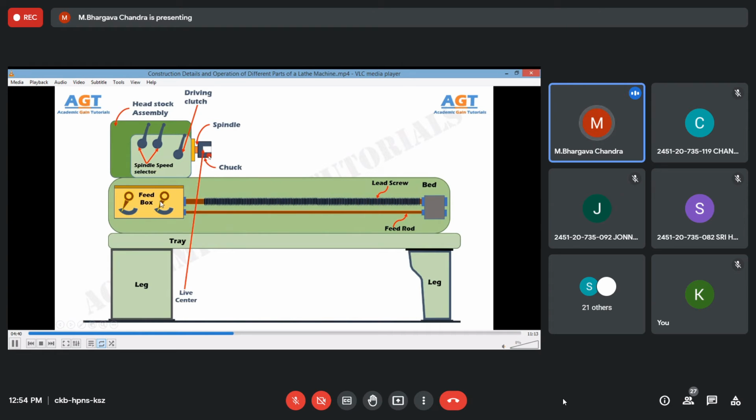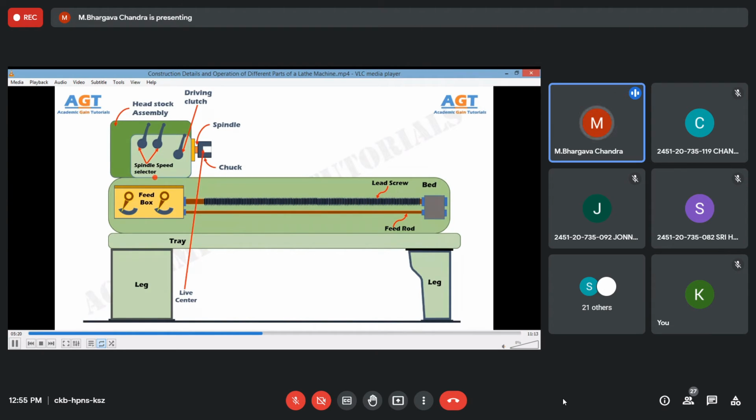On top of the feed box, you have the spindle speed selector adjustment, which is the headstock assembly. It consists of various levers for the adjustment, and there is a clutch mechanism also available here. So spindle speeds can be selected accordingly. You can change the levers, and it is totally powered by the prime mover, that is the motor. The output of this total assembly is connected to the rotating spindle, which consists of three chucks, sometimes four chucks, in which the workpiece is fixed. Naturally the workpiece will rotate as per your spindle speed.